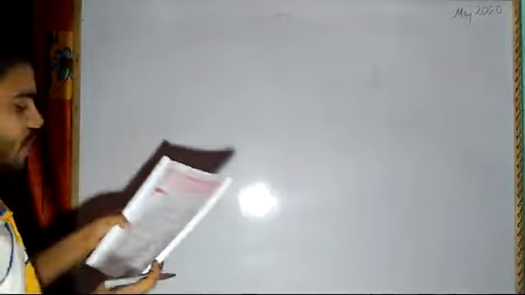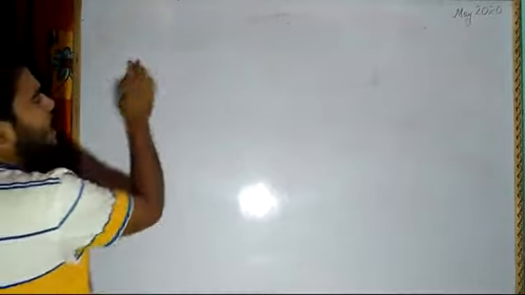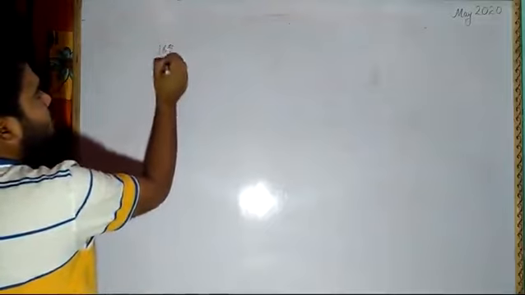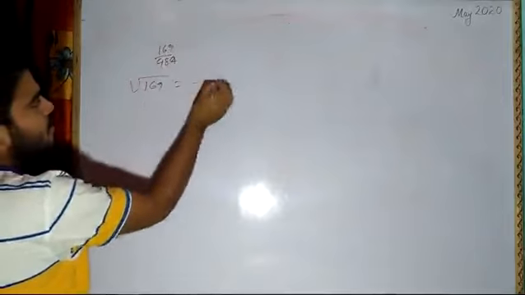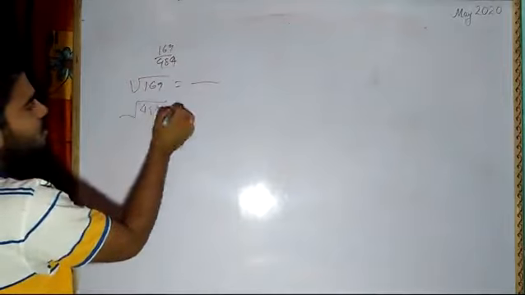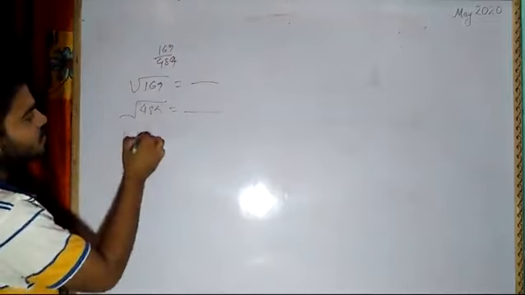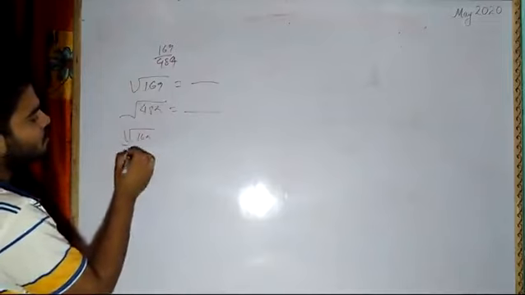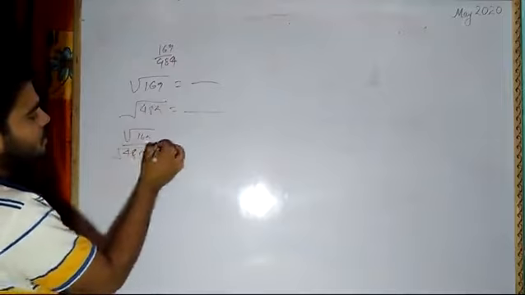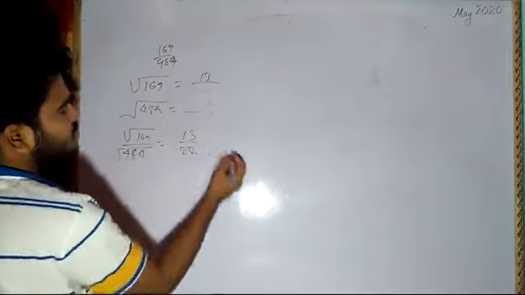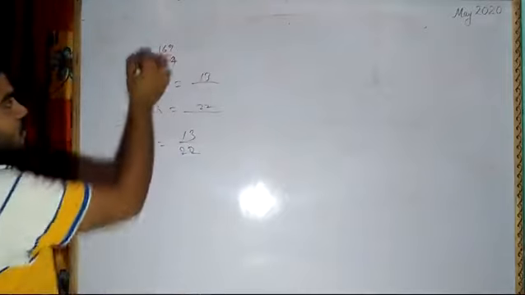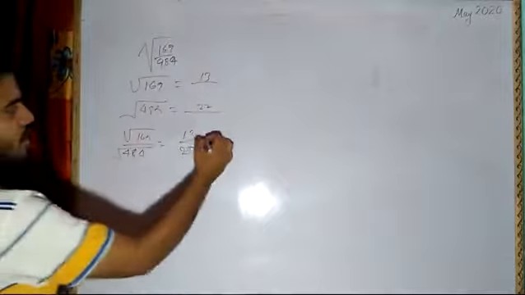Now, question number 5, you have to find the square root of each of the following. So the number is 169 by 484. If it is in fraction form, like 169 by 484, first you find out the root of 169, write. Then the root of 484 you find out, then you write. And finally you will write the root of 169 by 484 is equal to 13 by 22. You have to find the square root of this. So your answer will be this.